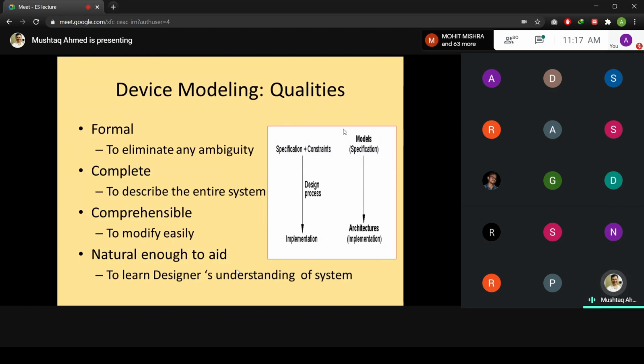Now it is easy to go for the implementation. In that case, we go for the architecture, so what type of device should we use, because while making the device, the feature size of it,